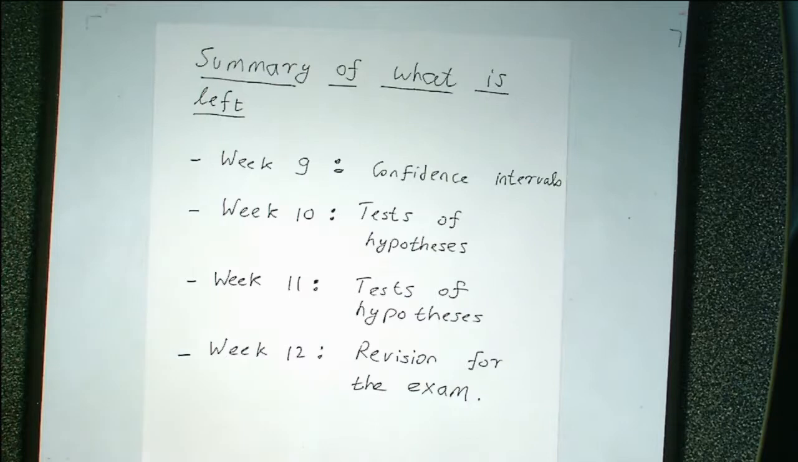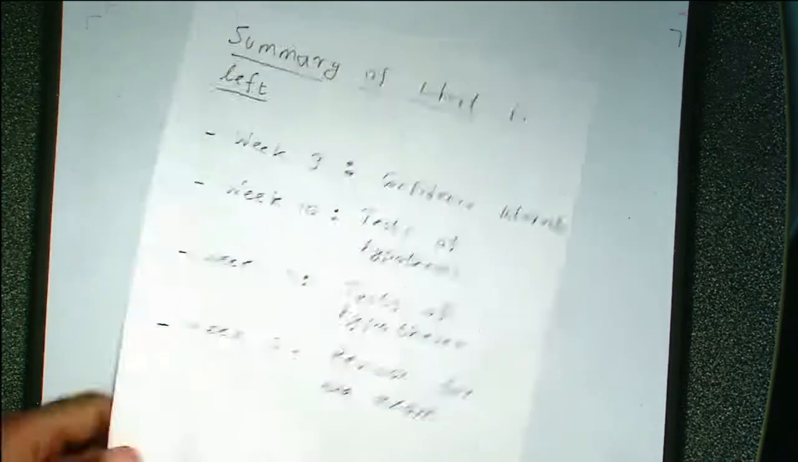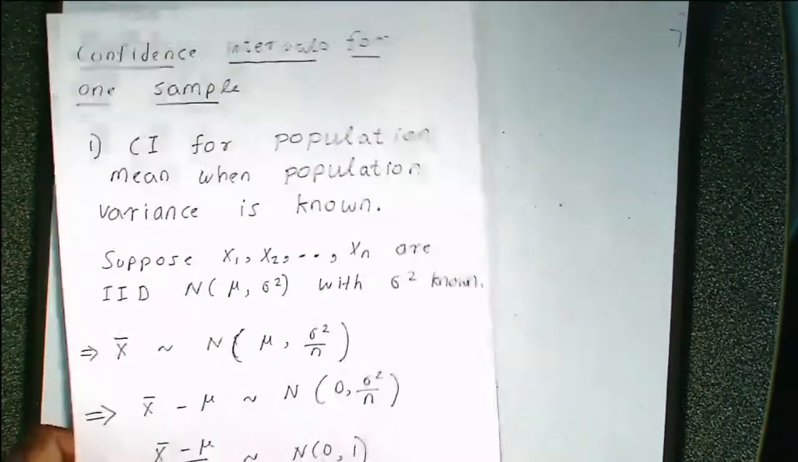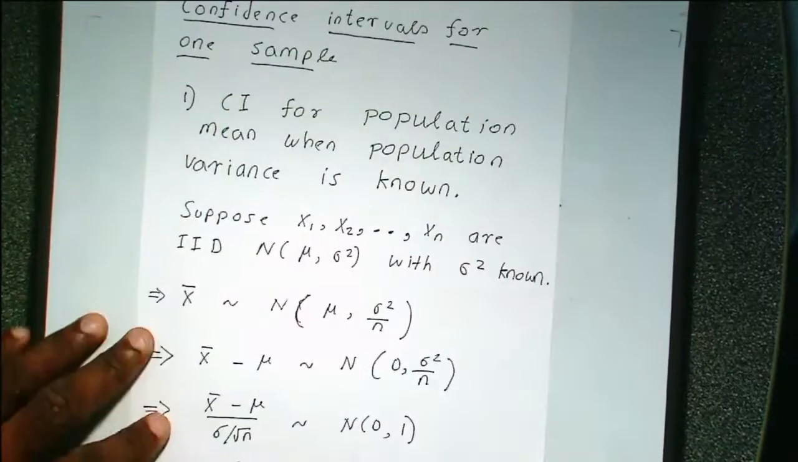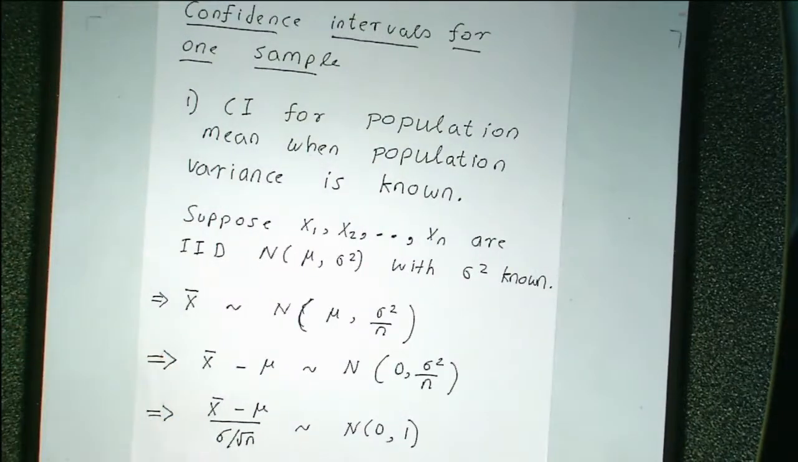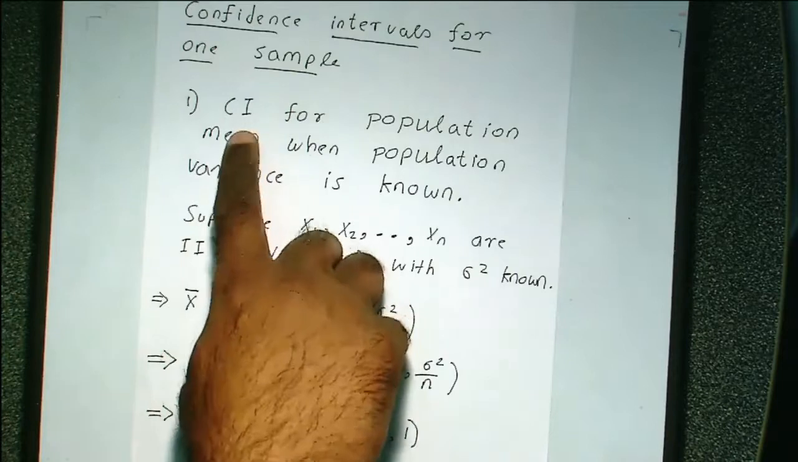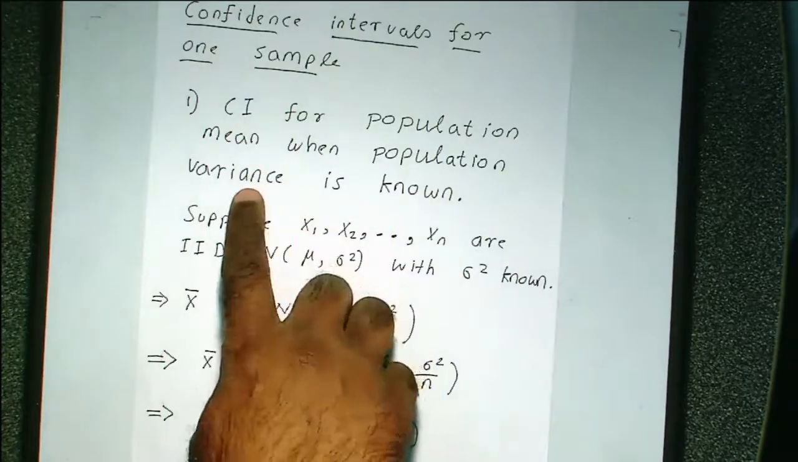So this week we're going to talk more about, last week I started talking about confidence intervals, and this week I will continue to talk about confidence intervals. Before I do that, let me summarize what I did last week. I don't know whether all of you were here or not. This is the first thing I did last week. This is the confidence interval for one sample. And the first one I talked about is the confidence interval for the population mean when the population variance is